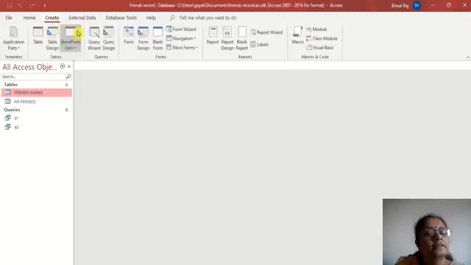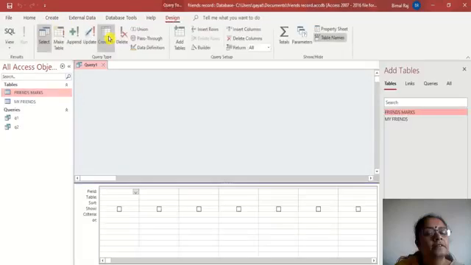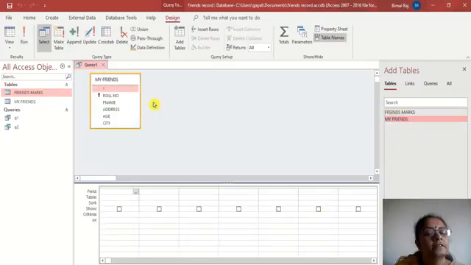Next one, create query design. This time we want only for name Manas. So I want to find out all the details of, I again select my friend. I can do the same thing. I am just showing you repeatedly again how to do the query so that you are familiar with it. Otherwise I can do all the queries by simply selecting the table once. But I am showing you again and again opening the table so that you are also thorough with the actual menu how to create the query.